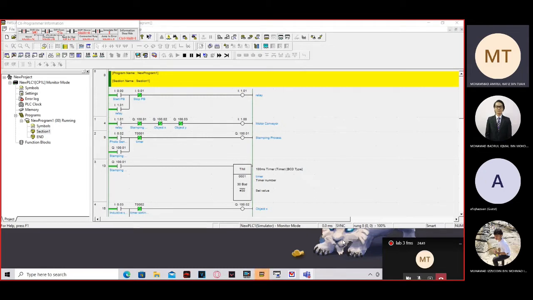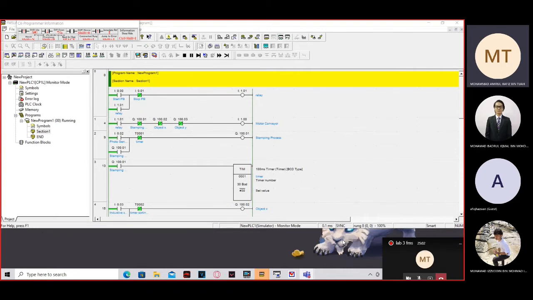Based on our creativity, we have completed the design of the sorting system application for task 1. We can see here in the CX programmer,